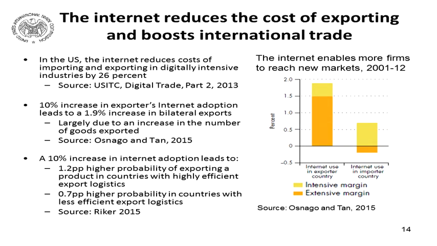All right, there's quite a large body of evidence out there now about how the internet reduces the costs of exporting, and because it reduces the cost of exporting, it then boosts international trade. And I've got 3 examples here. Guess that's big enough to read, good. And so looking at what the ITC found, we found that the internet reduces the cost of exporting and importing